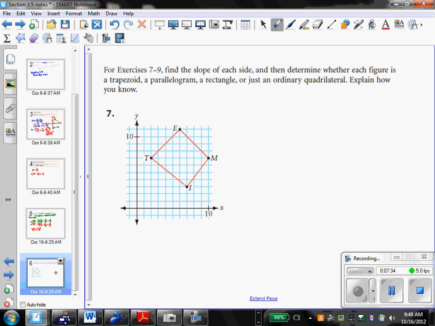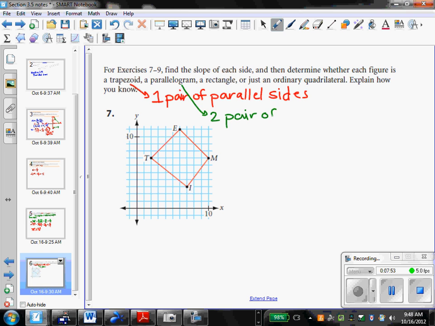A trapezoid has one pair of parallel sides. A parallelogram has two pair of parallel sides. A rectangle has two pair of parallel sides